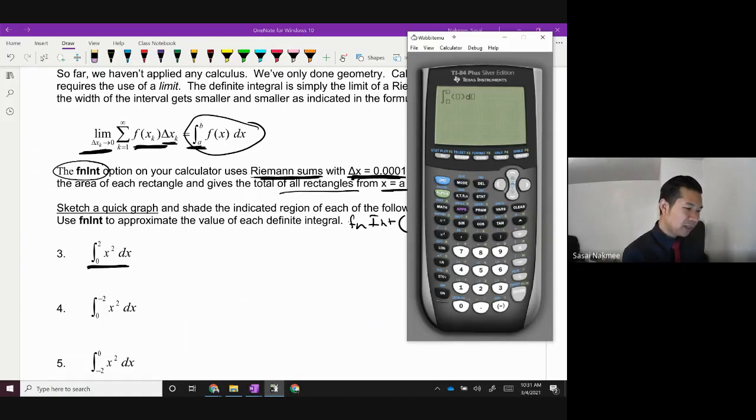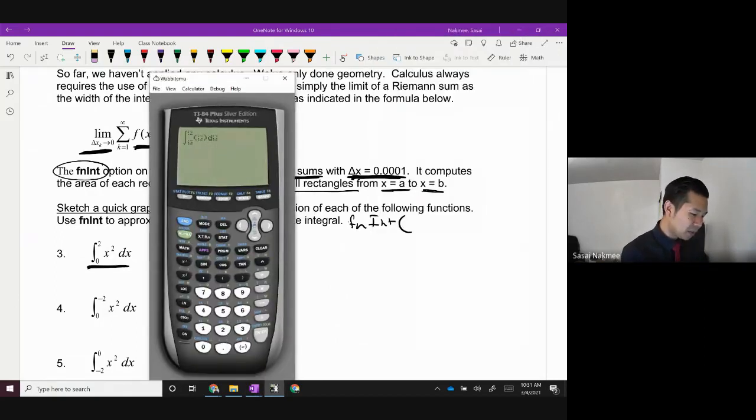But you have this right here. You actually can see what to type in. So this is going to go from 0 to 2, and inside you just type in the function. This is x squared, and of course we put at the end there dx for delta x. That's what that d stands for, by the way, the difference in your x. We go ahead and press enter. Check this out. Bam, it tells me that it's approximately 2.6 repeating.